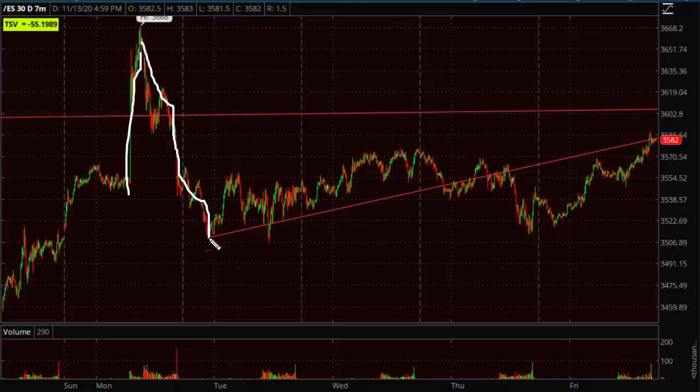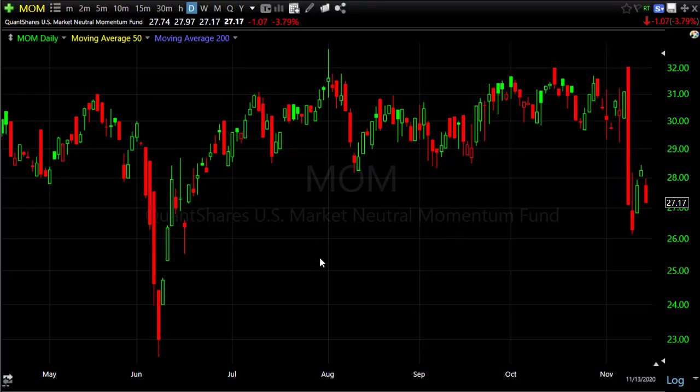Momentum also. If we take a quick look at the momentum style factor, here you can see it got crushed. This is the biggest one-day loss for momentum ever. And the last time we saw a big crush in momentum was June. So the second week of May to June, there was a reflation rotation to all these cyclical sectors. It didn't work out, and everybody went back to the FANGs, to the mega caps. So this is the same thing happening. Biggest one-day decline there, but not as sharp as what we saw in June